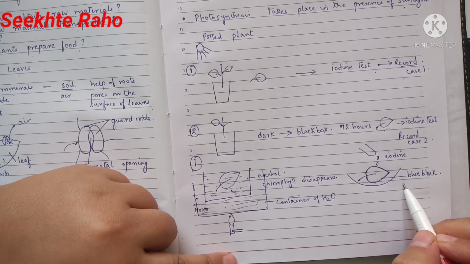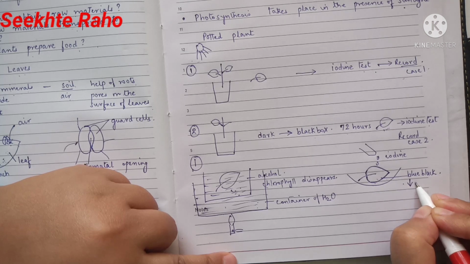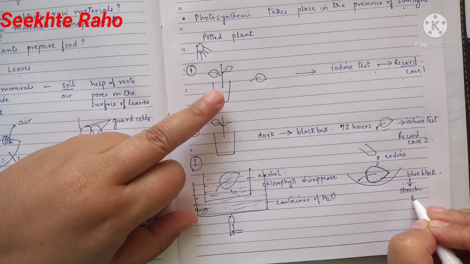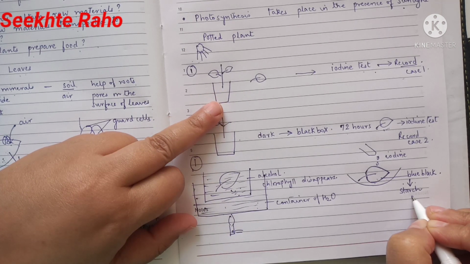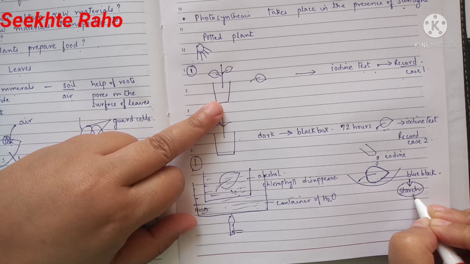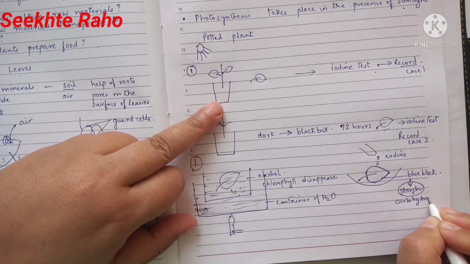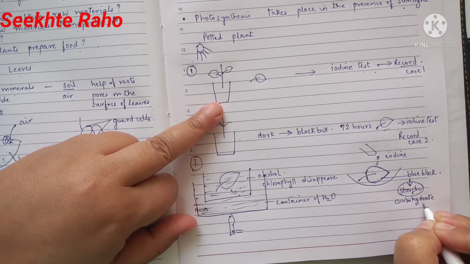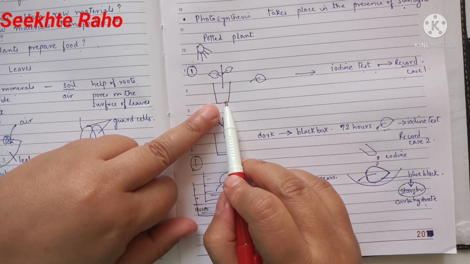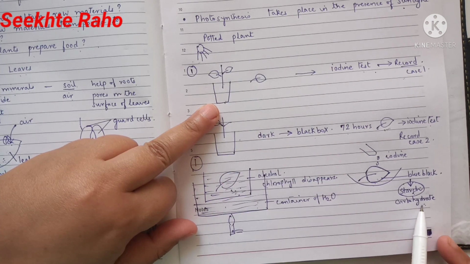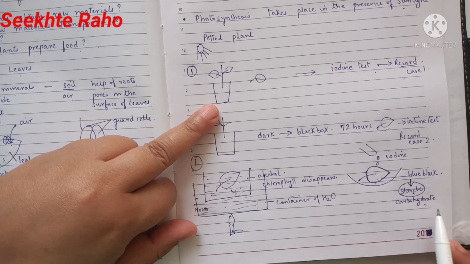If this is turning blue-black, this shows that this leaf, plucked from the plant which was kept in sunlight, contains starch. What is starch? Starch is a kind of carbohydrate. Starch is food. That means the plant which was kept in sunlight contains starch. It has prepared food. Photosynthesis has taken place in this plant,